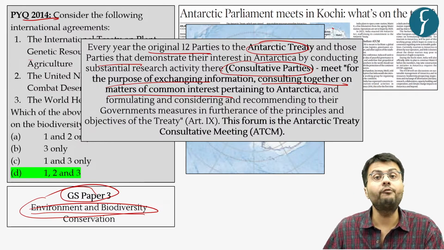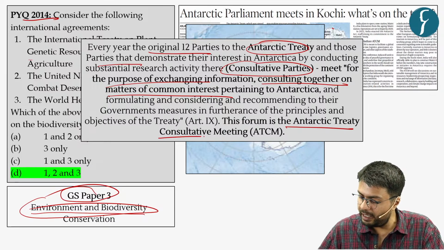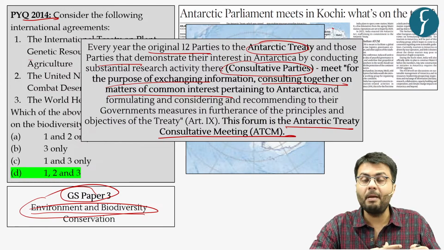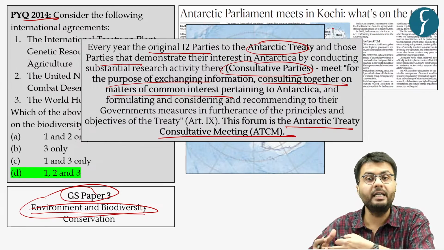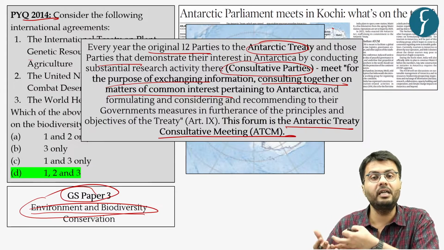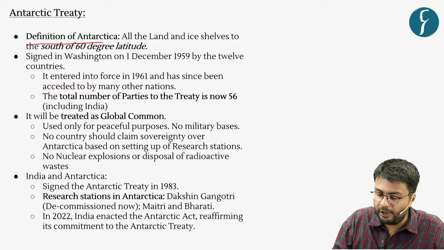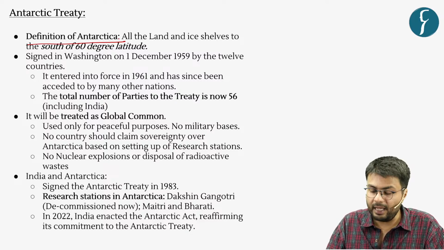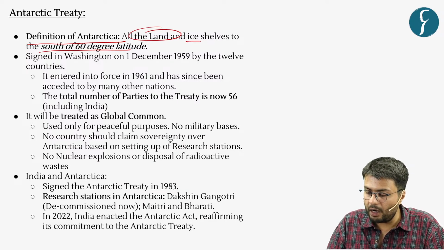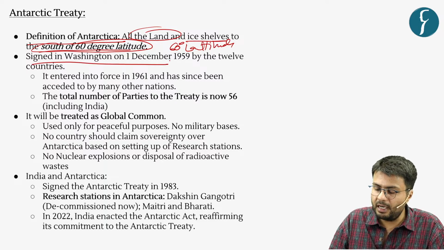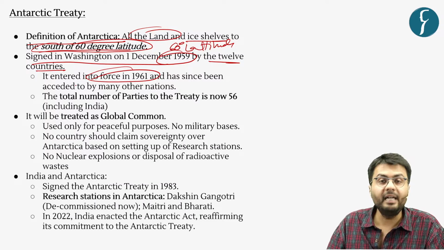Now, this meeting is formally termed as an Antarctic Treaty Consultative Meeting. So this is attended not just by the original members of the Antarctic Treaty, but also the parties which have significant interest in the Antarctic continent. Now this Antarctic Treaty first of all defines what is Antarctica, as it defines any land or ice shelf which is located south of 60-degree latitude. Further, it was originally signed in the year 1959 by 12 countries and it entered into force in 1961, and